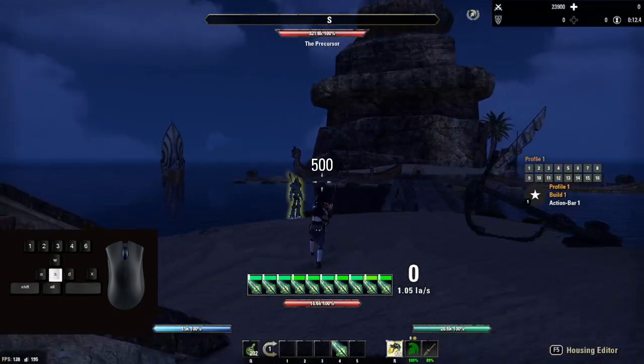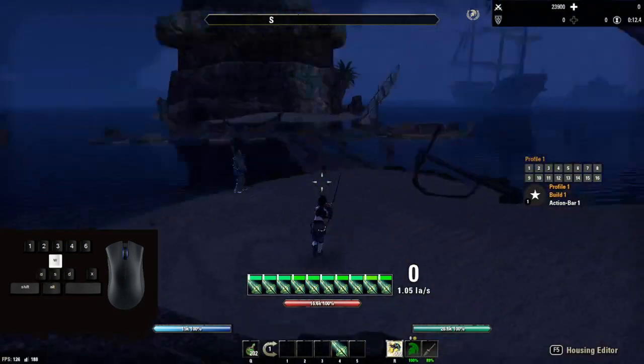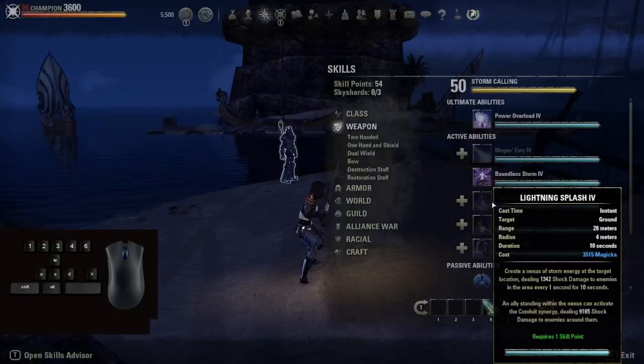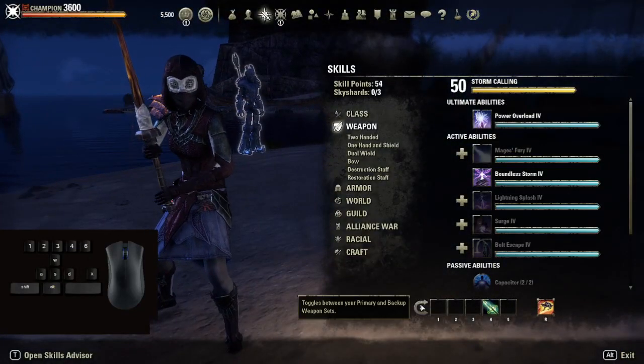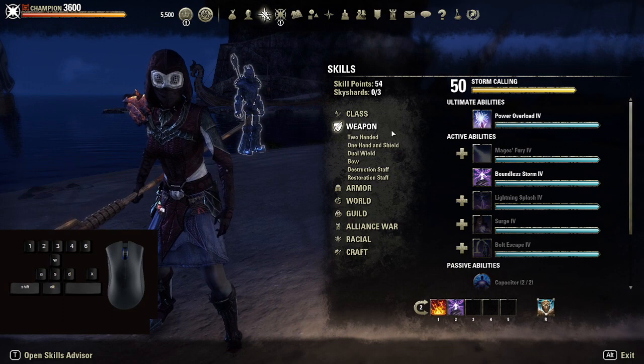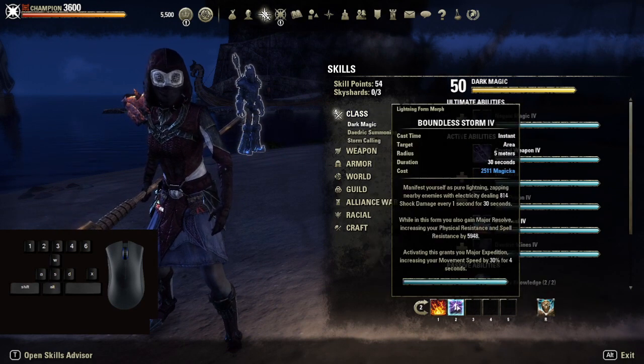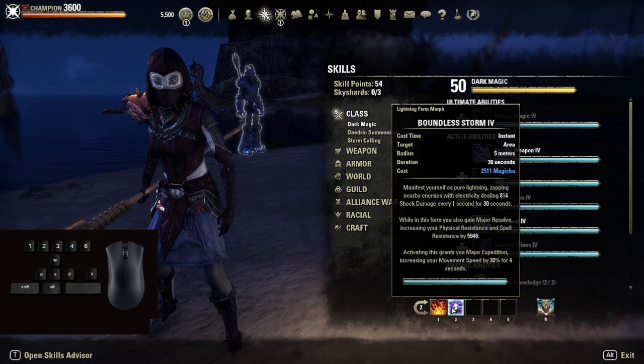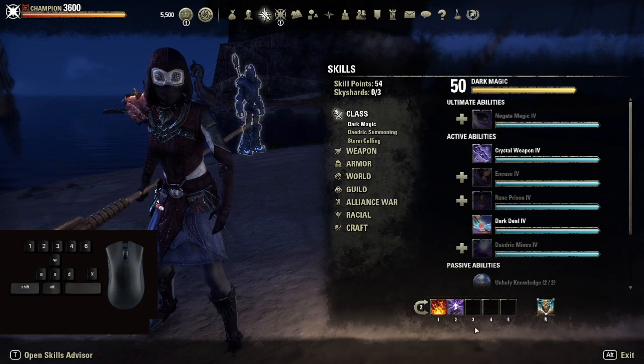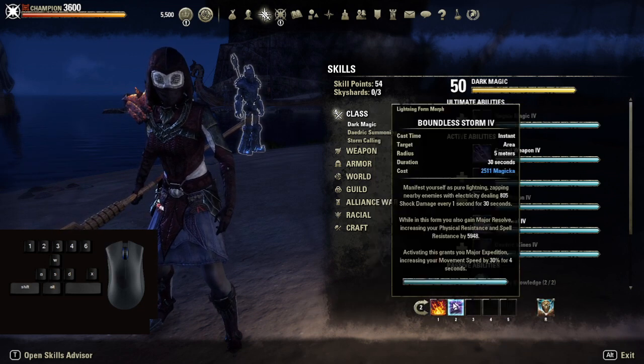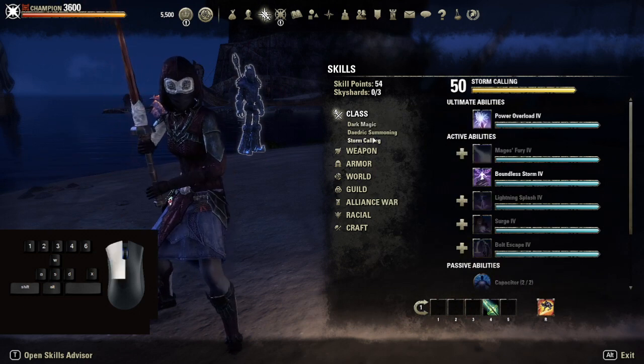Now, once you practice that, I would highly recommend you also make sure you get the hang of... I'm going to try to slot another skill. Yeah, okay. So I'm using a staff on my back bar. Or maybe before we do that, let's